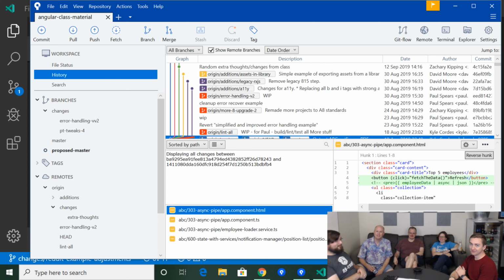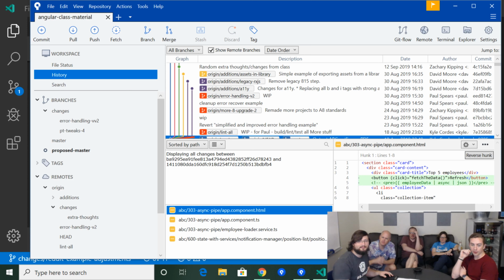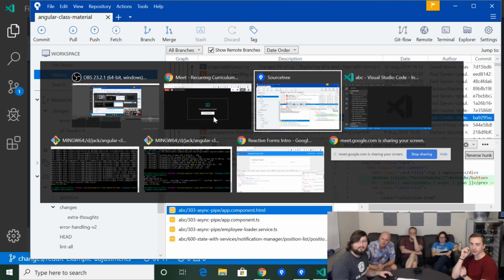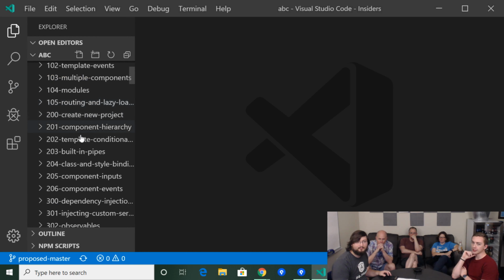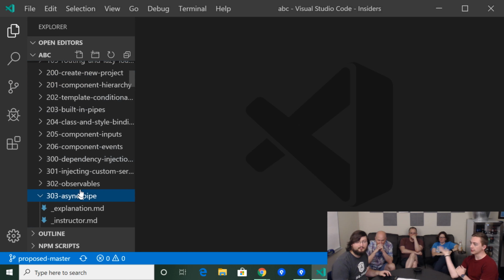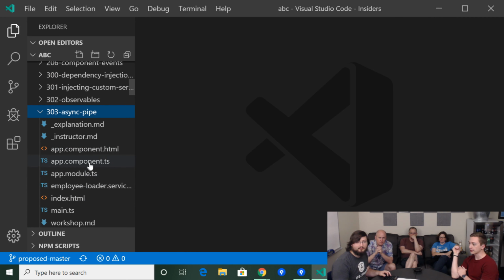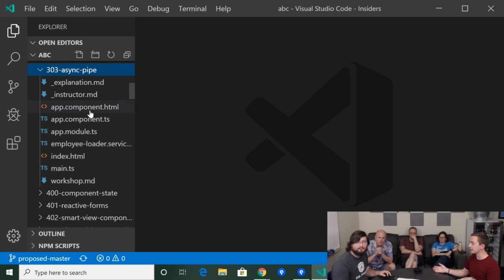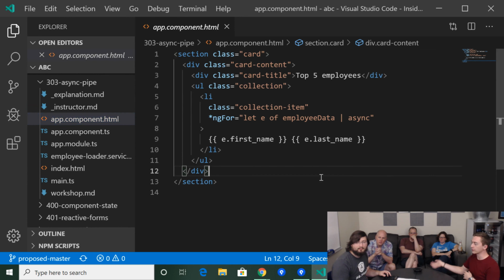So, Zachary, you've got some more changes that you want to propose to us. Can you take us through those? Yes. So the initial change in this branch, because this branch is a little bit of just some extra random thoughts I had for the title, but in step 303, with the async pipe step, pretty much every class I teach, while teaching this step, I go through the process of live coding an example of the resubscription functionality of the